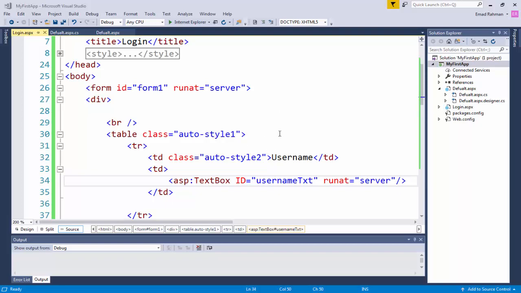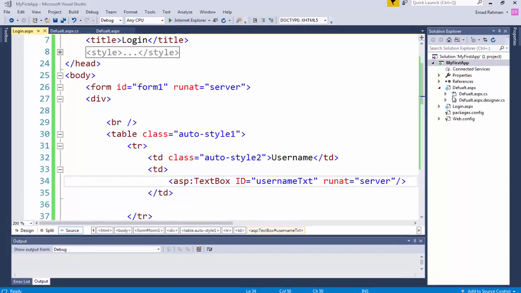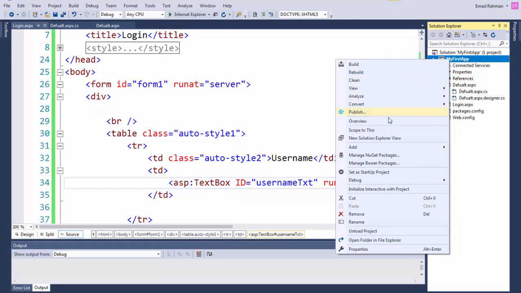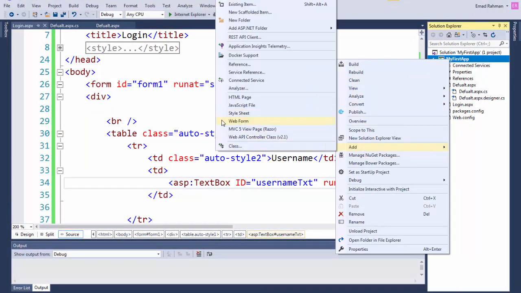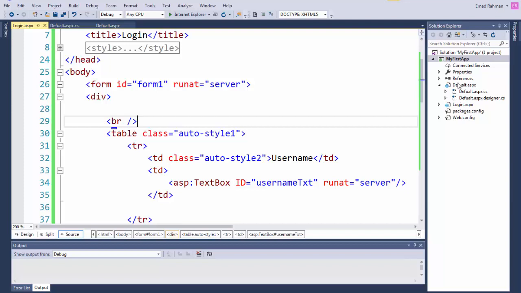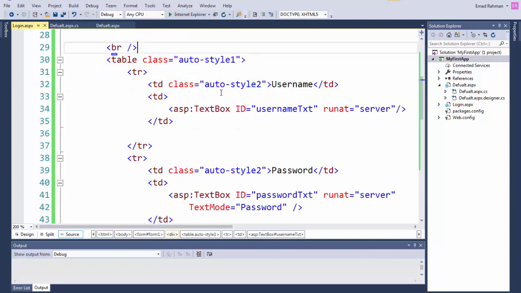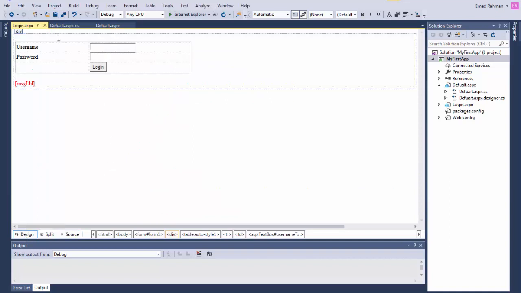So what you need to do is add another web form. Remember, we right click on the project and select add and web form. This web form is a simple login web form, so I'll show you the design. It has only two labels, two text boxes, a button, and another label for the error in case there is any. So what we are going to do today is simply validate the credentials of a certain user,